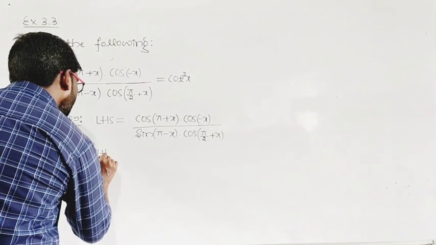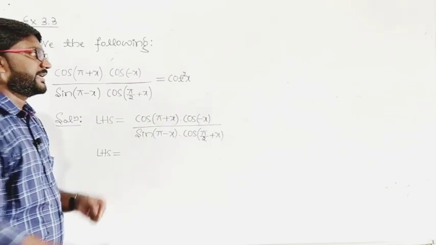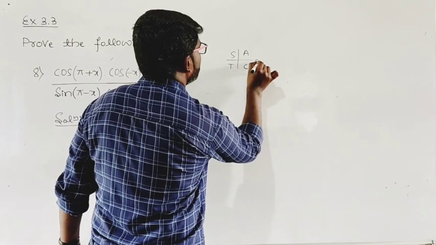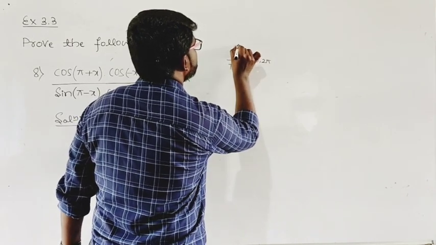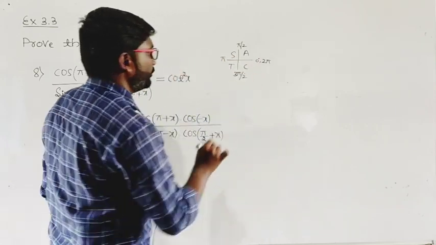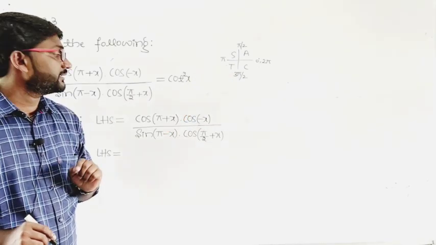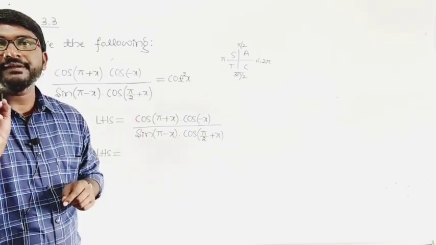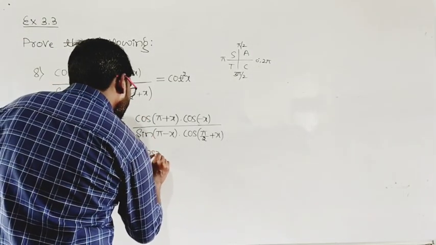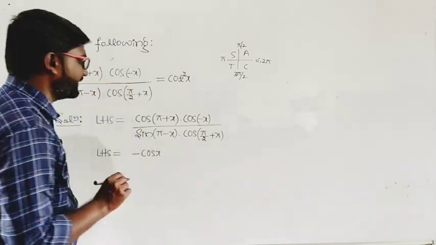So now we have to make use of allied angle concept. So now cos pi plus x, so it is ASTC, 0 degree or 2 pi radian. This is pi by 2, this is pi, this is 3 pi by 2. Now here the angle is pi plus x, that means it is in the third quadrant. In the third quadrant, cos is going to be negative. So here we get minus cos x. So overall cos 180 plus x will be minus cos x.